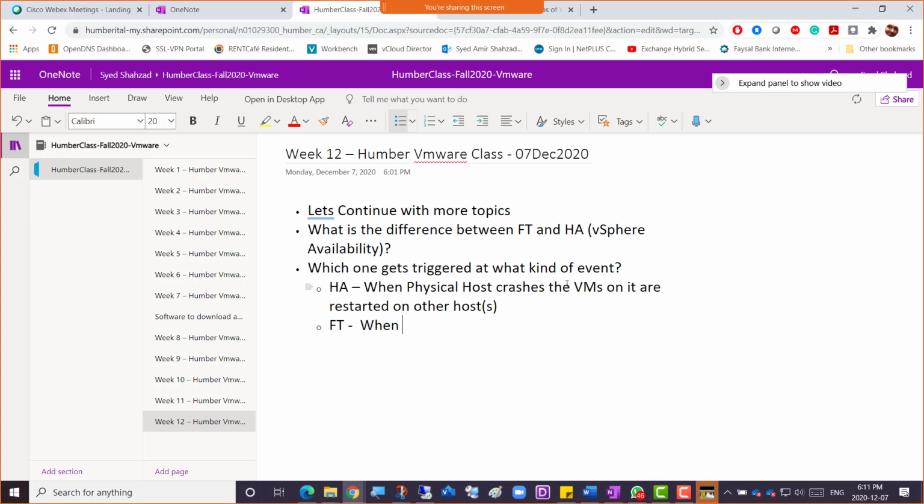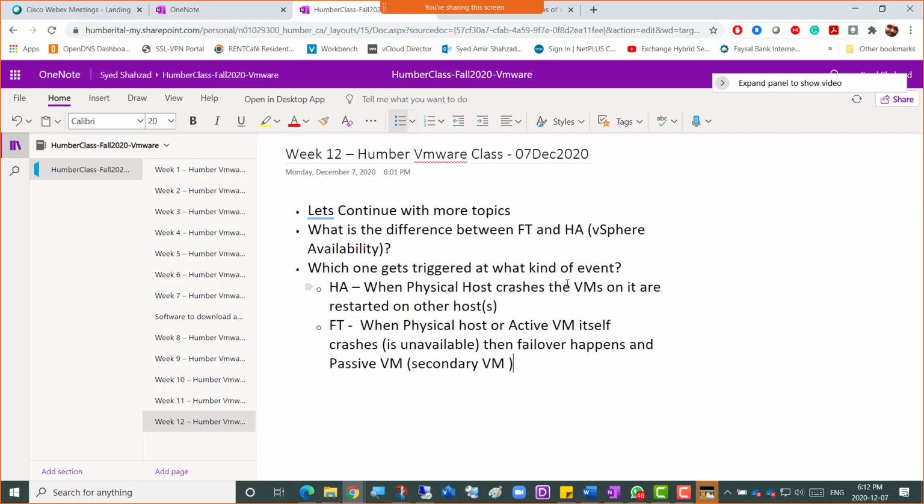While FT, yes, again, when the physical host or active VM itself crashes, or is unavailable, then failover happens, and the passive VM, which is called secondary in VMware language, the secondary VM becomes active or primary, right?